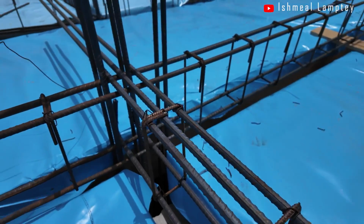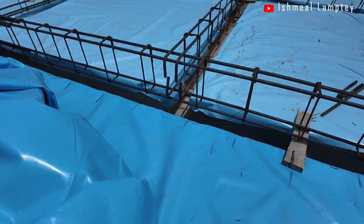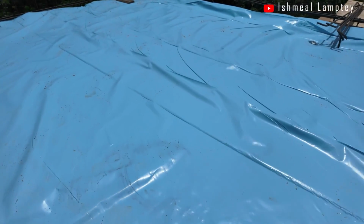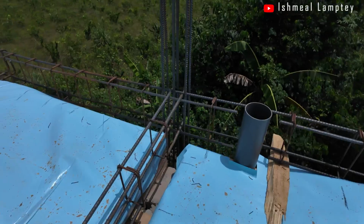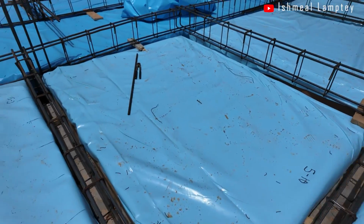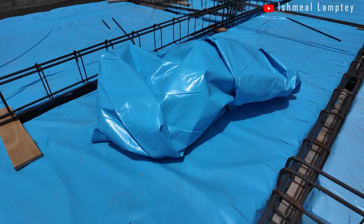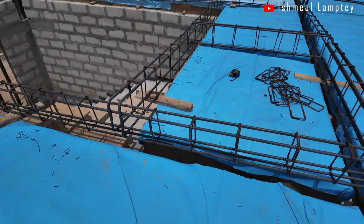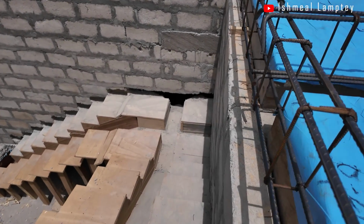For this particular project, we utilize 16 mm steel for all the beams, including both protruding ones as well as secret ones. Additionally, we use 12 mm steel for the mesh or mat, providing reinforcement throughout the structure. In front of the building where we have the cantilevers, we used 80 mm steel for the beams for that. To securely fasten the steel components together, we utilize binding wires, which play a crucial role in ensuring the stability